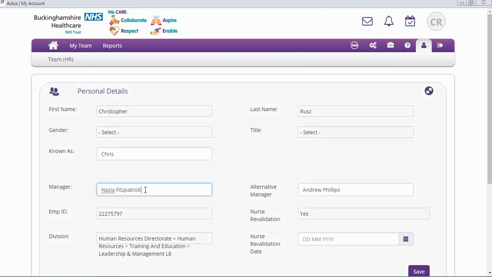If for whatever reason it is incorrect, you can change this yourself. It's very straightforward. You type the surname of that person into Actus, and it brings up everyone with that surname within the trust who's on the system. So we're going to select Nazia Fitzpatrick. You would then press save, and that would save onto your profile, and they would then be able to access